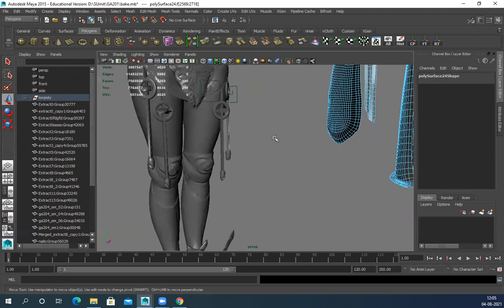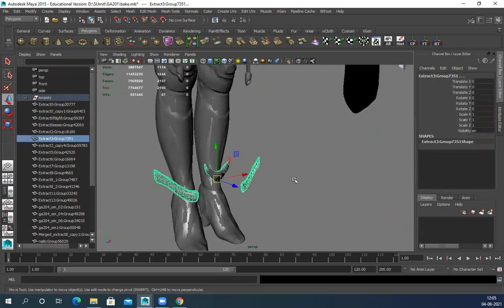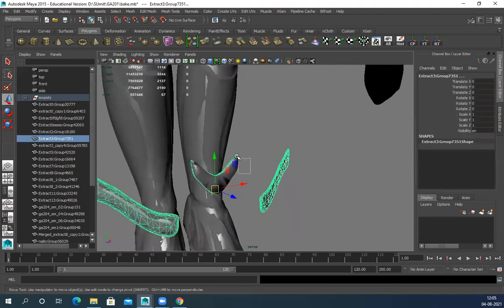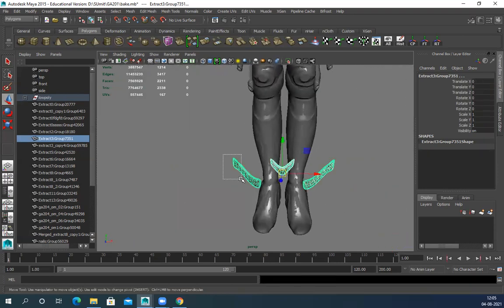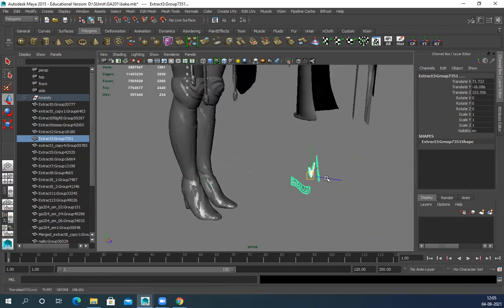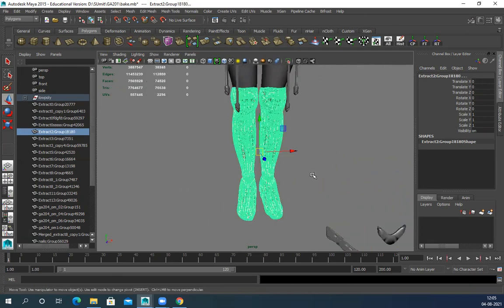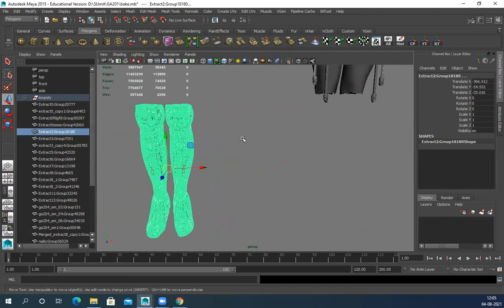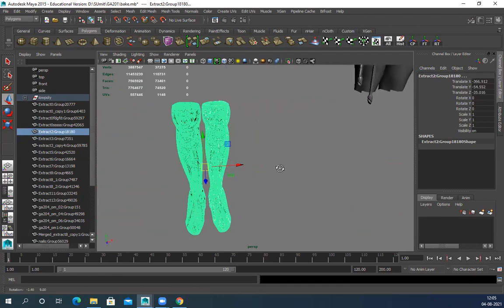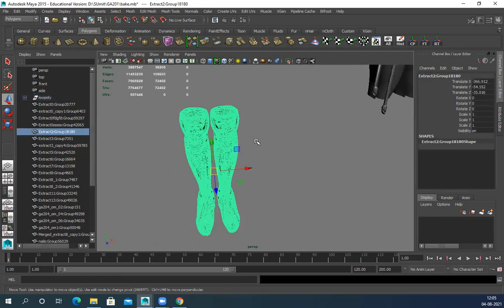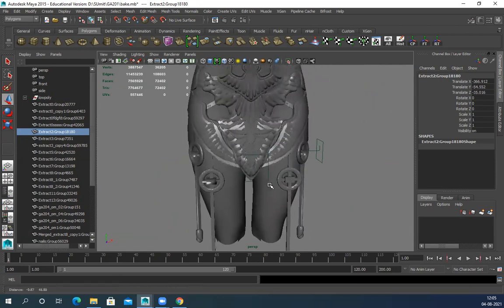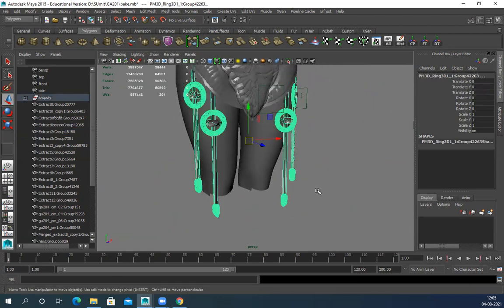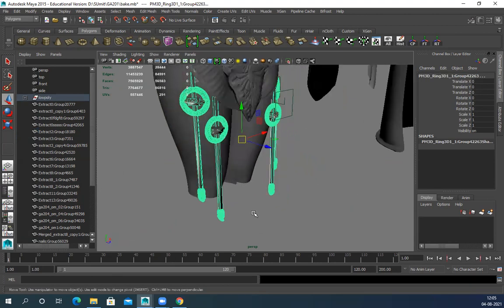So select this. This is kind of fine. Move it. Choose, move it. These are combined together. So okay, if I want, I can split also, but I can keep it like this also, it's fine. Now we have these things: high poly, low poly. So I have to make sure all the high poly are selected.